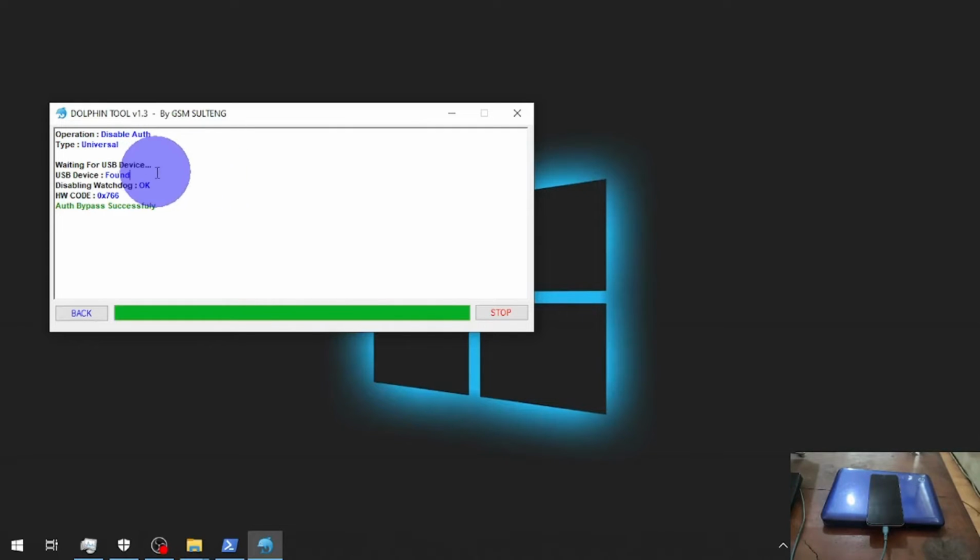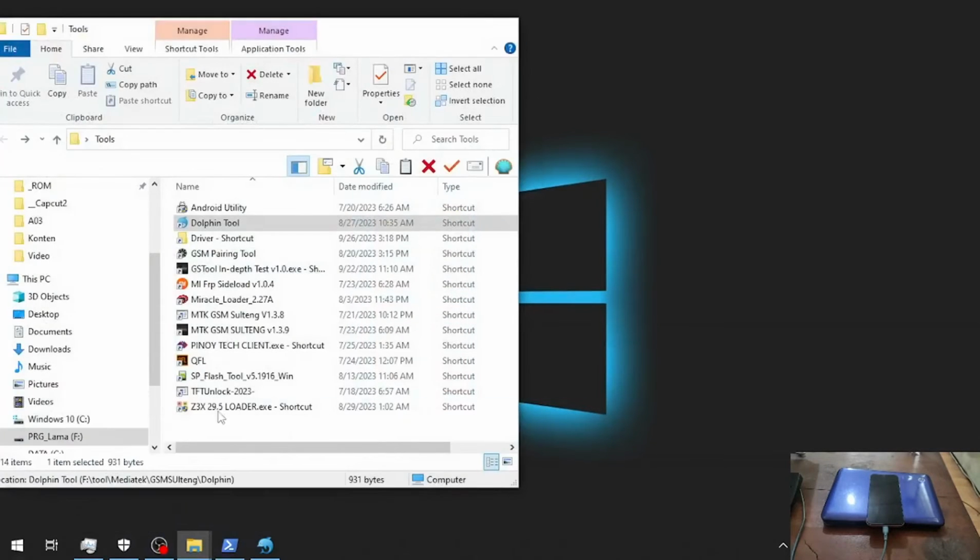And we can see right here, bypass successful. Okay, disabling watchdog, hardware code, and so on. Okay, next step, let's open the flash tools right here,